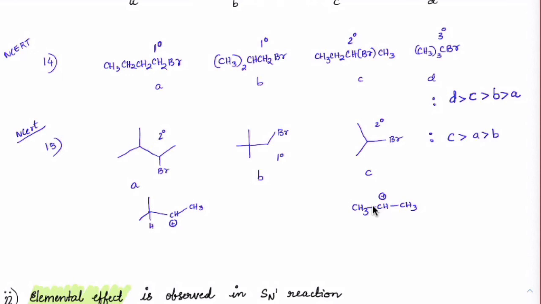Yes, Beta. Sir, in the first case it can rearrange, no? That's what I'm saying. In the first case, which one are you saying? B, right? A, sir, A. A will get rearranged. But before rearrangement only we have to see, na, Beta. Because the first carbocation formation will decide the rate, not what happens after that. Okay, sir. Don't consider after rearrangement. Before rearrangement, whether it is stable or not is the important criterion you have to check.